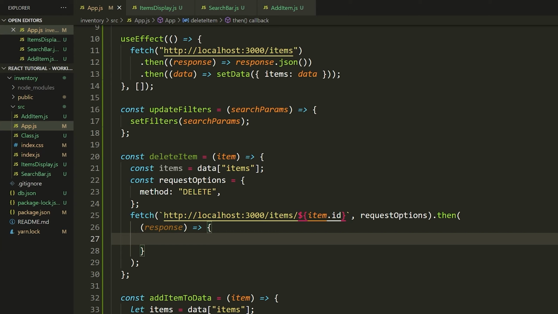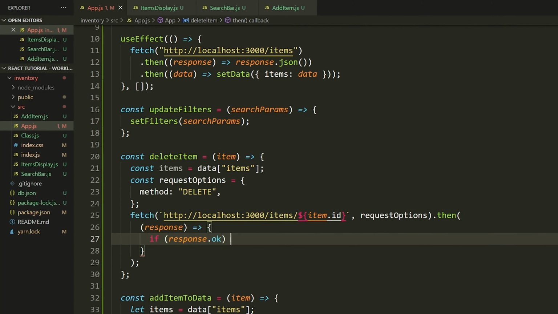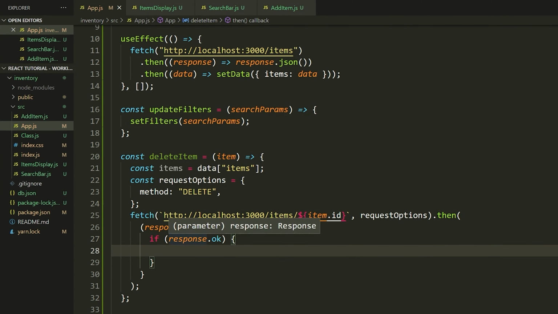All we actually want to do here is check if this request that we sent was successful. So we will get a response back that has a status code on it, and we want to check if this status code is okay. If the status code is okay, that means we deleted the item successfully. If it's not okay, that means the item was not deleted. So I'm going to say if response.ok. So I'm just checking if the response was okay. If it is okay here, then what I'm going to do is delete this item from the front end. So again, I want to make sure I'm not deleting something from the front end if we didn't delete it from the back end, because then we're going to have an inconsistency.